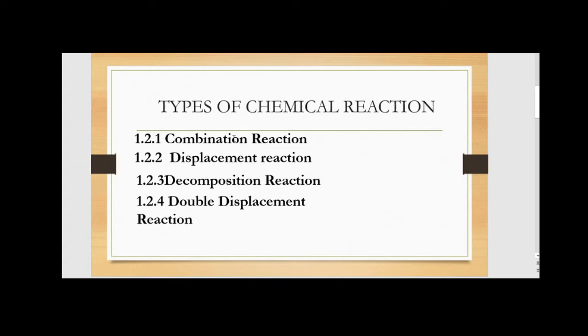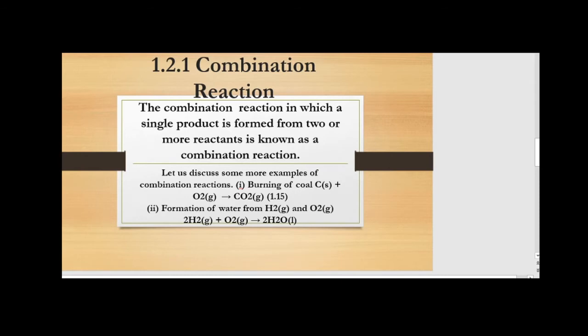You can see here combination reaction. Combination reaction is one type of chemical reaction in which a single product is going to form from one or two reactants. You can see here carbon is going to react with oxygen, and after that it is going to form carbon dioxide as a product. So carbon and oxygen are two reactants going to react with each other and form a single product, carbon dioxide. That's why this reaction is called a combination reaction. It means two reactants are going to combine with each other and a single product is going to form. So such a reaction is called a combination reaction.